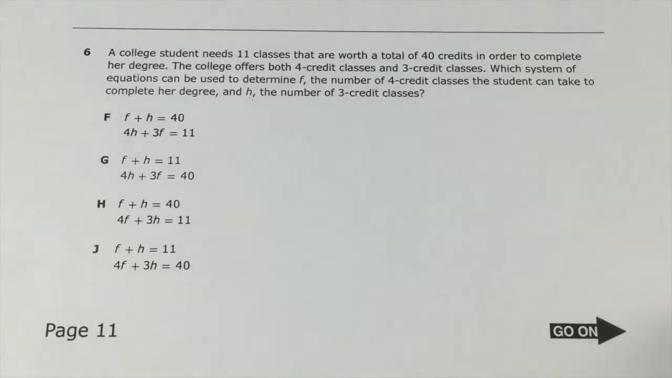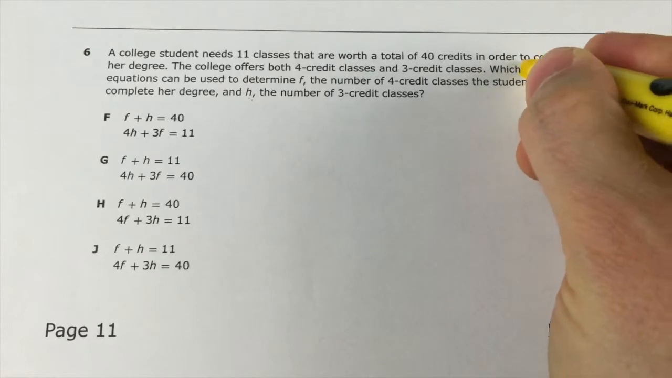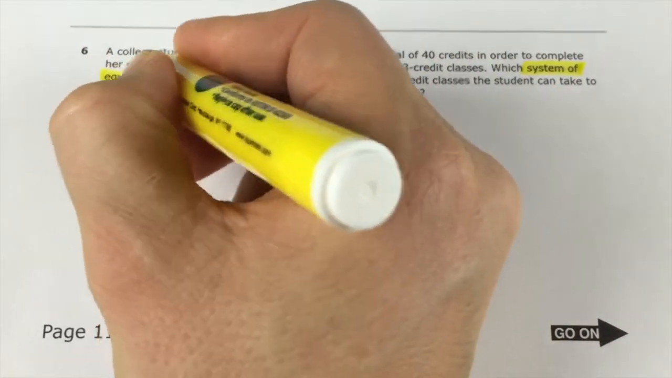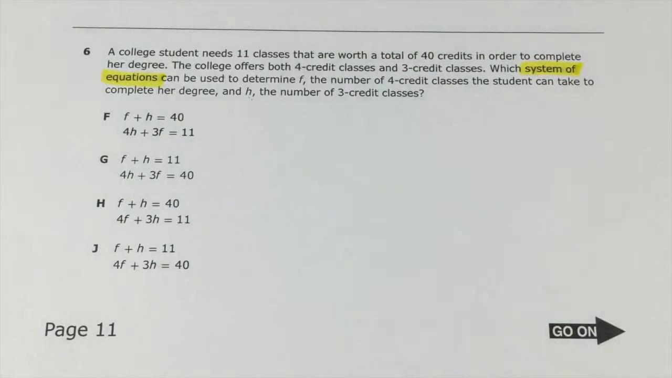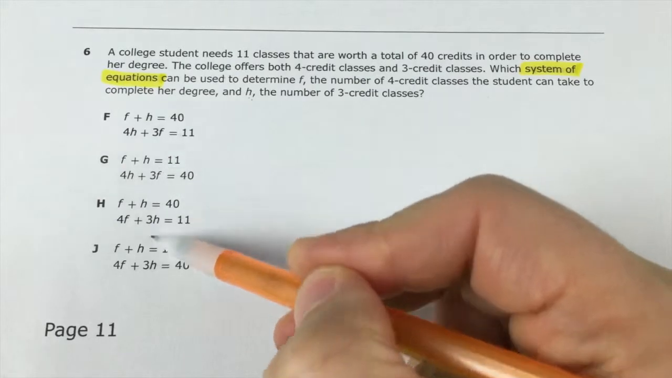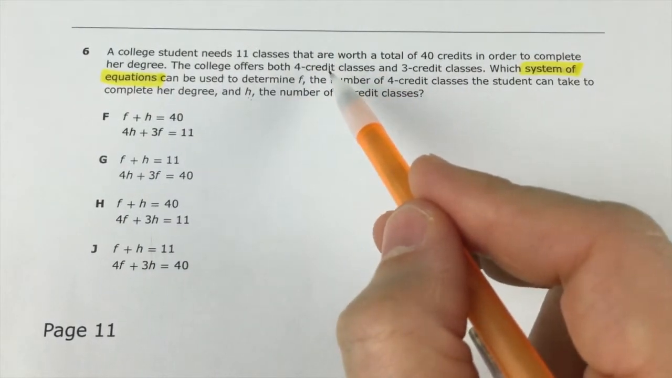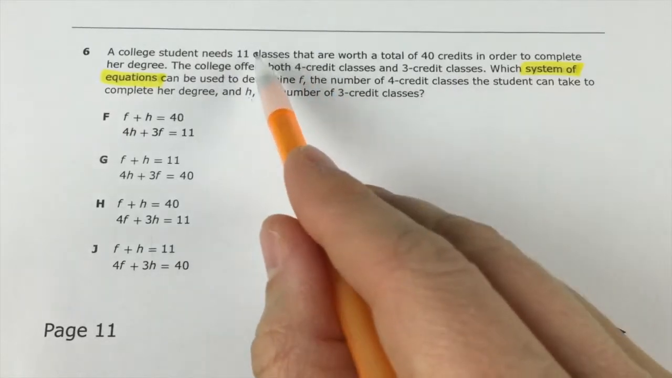Okay, when you see the phrase system of equations, you already know you're dealing with at least 2 equations, okay? So basically what we're looking for are the 2 equations that match up with this student situation. Alright, the student needs 11 classes